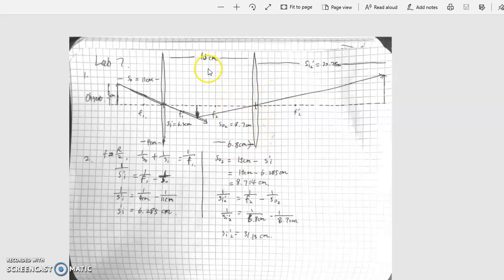We know the separation is 15 centimeters. So therefore, 15 minus S1 prime, we can find that S2 is equal to 8.7 centimeters, and we use the same calculation to find S2 prime, which is equal to